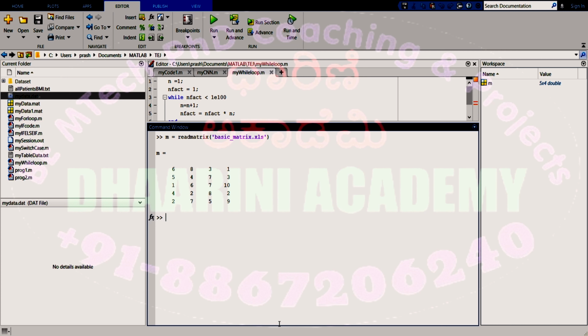So this was the matrix which was written over there inside the particular Excel sheet by the name basic matrix. All right, next I will show you how to read the specific sheet and specific range into a matrix. Okay, into this. So once again, I'll write maybe M2 is equal to, I have to use the read matrix command and specify the name. I'll give the same name, basic matrix dot Excel sheet,